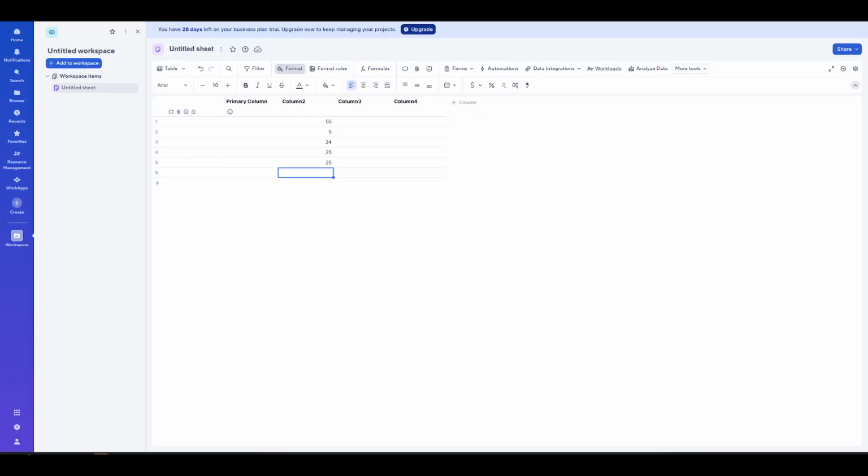In today's video, I'm going to teach you how to sum a column in Smartsheet. If you've ever needed a quick total for a list of numbers, like expenses, hours, or quantities, Smartsheet makes it simple with a basic sum formula. I'll walk you through the exact process so your total appears right where you need it and continues to update